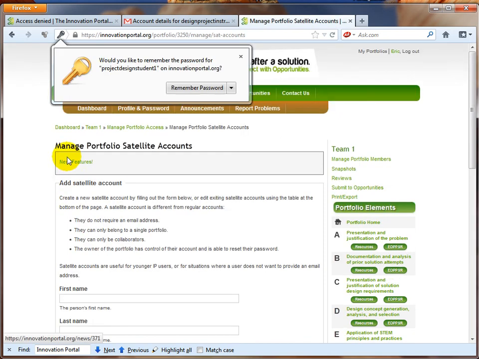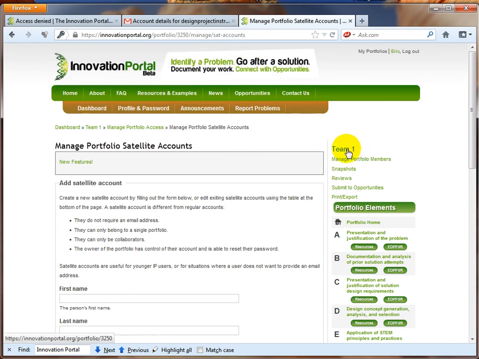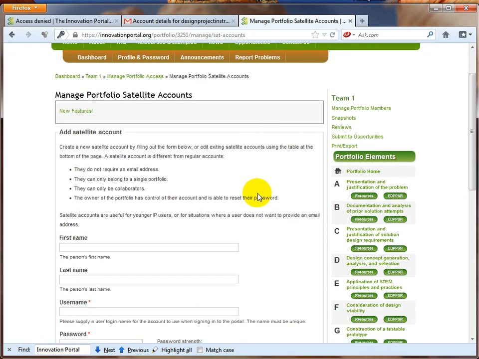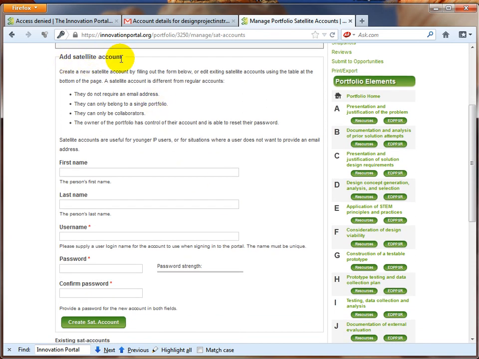And we'd have to share that username and password with Cindy so that she can log into Team 1. And if you'll notice, it jumped us right inside Team 1, but it left us at the Add Satellite Account, so we can add another student. So now we're going to add the second student. That'll be John Johnson. And for John Johnson, we will do